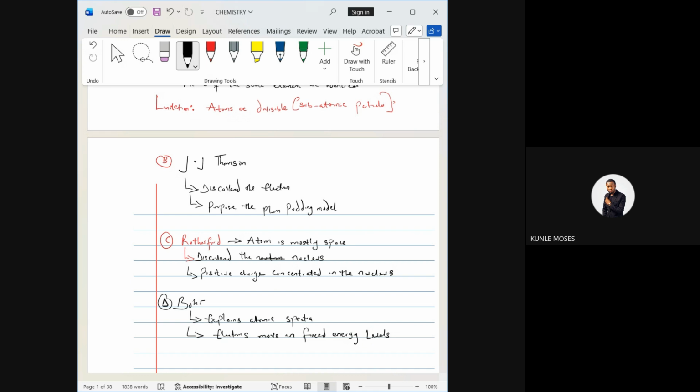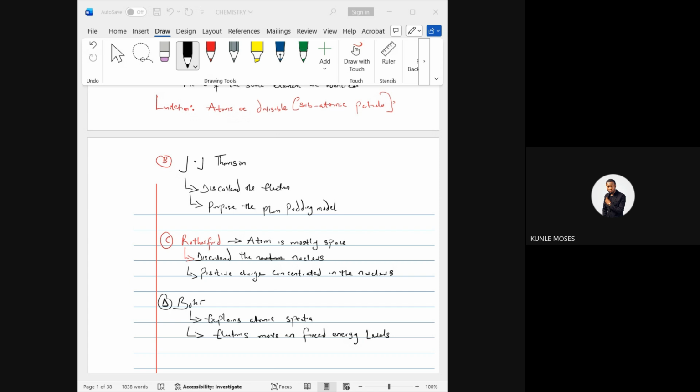So these are basically the four things that they'll be asking you. But for the other scientists, if they want to ask you, you can go and check your notes. They can ask you who discovered what: who discovered the plum pudding model, who discovered the electron. Please go and pay attention to it so that you will not be missing scientists. We started with the atomic theory, right? Do you remember who discovered it? Please read it after the class.